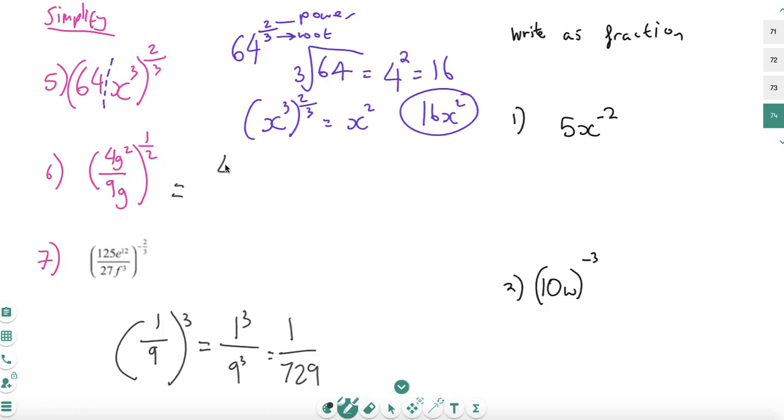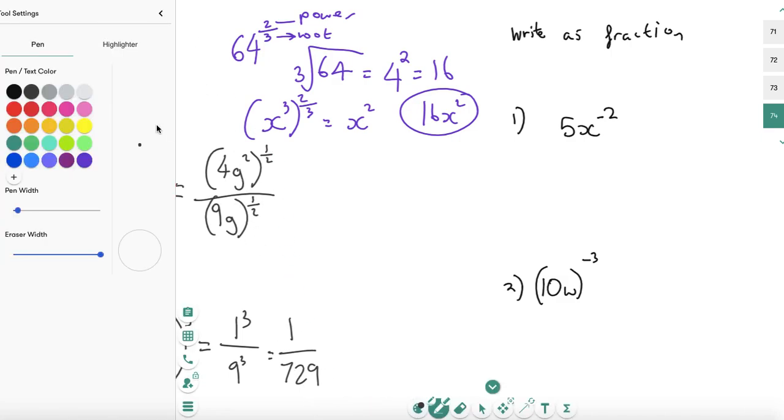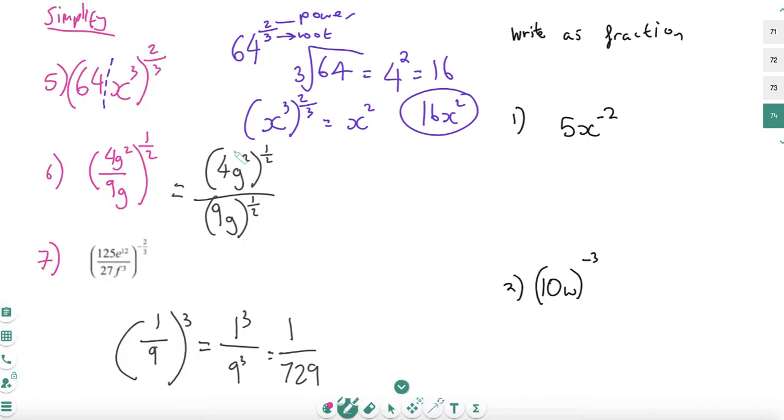So 4g squared to the power of 1/2 over 9g to the power of 1/2. So let's start with the top. So 4 to the power of 1/2. You can use your calculator. It'll be 2, and then g squared to the power of 1/2. The inside-outside rule, we multiply. So 2 times 1/2 is just 1. So just g to the power of 1, which is just g. So the top will be